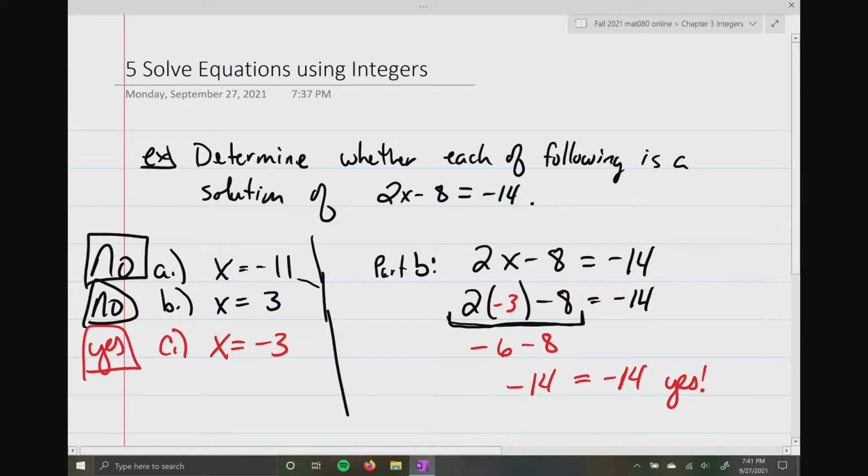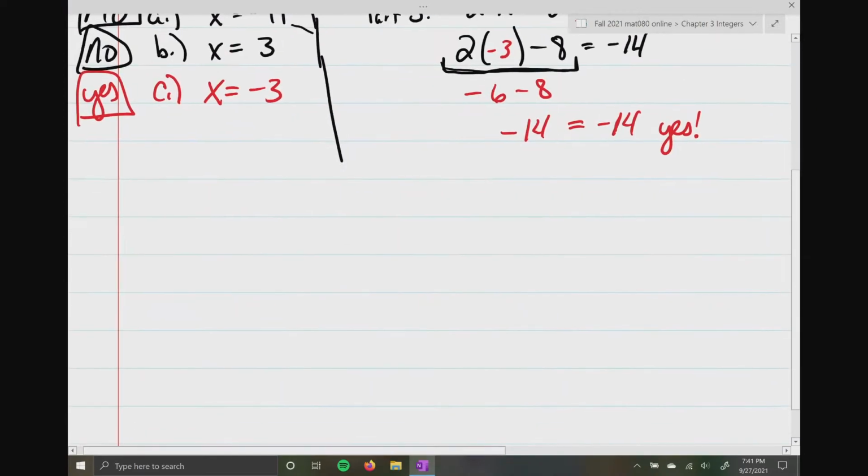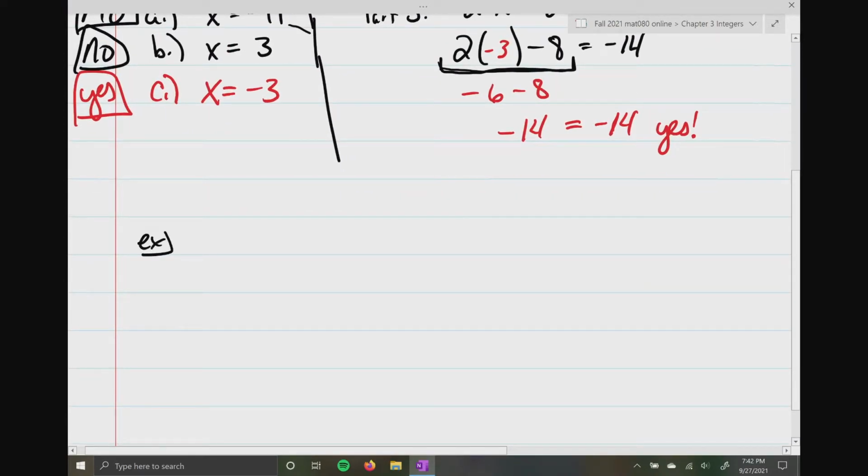So anytime you're asked to determine whether something is a solution, they're going to give you values of x. All you need to do is just substitute them in and say yes or no. All right? And it's that easy. But now, what if we don't give you an answer? What if I just say, solve